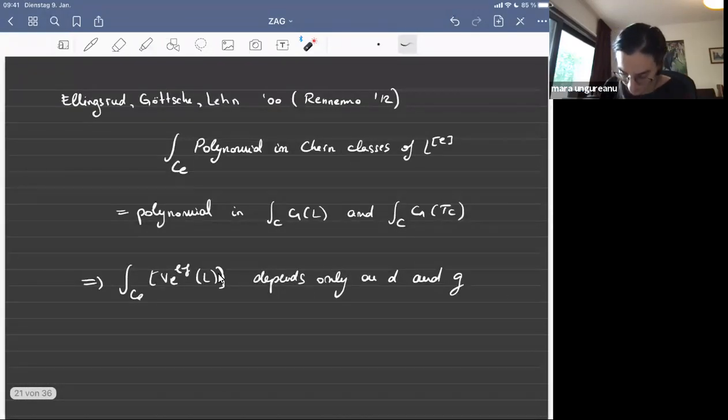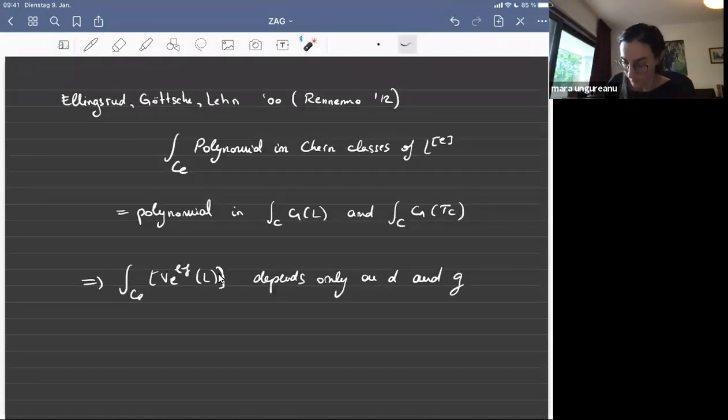So definitely this fits this description, and therefore I can conclude that this integral depends only on the degree of the line bundle, which is D, and on the genus of the curve, which also comes from here, because this is, depending on your taste, 1 minus g or 2 minus 2g. Okay, so this is a very nice thing that you might want to use to try to understand these kinds of formulas and to try to find some structure